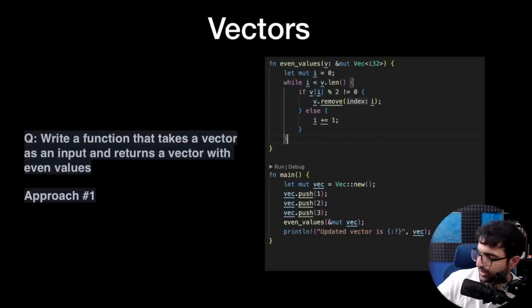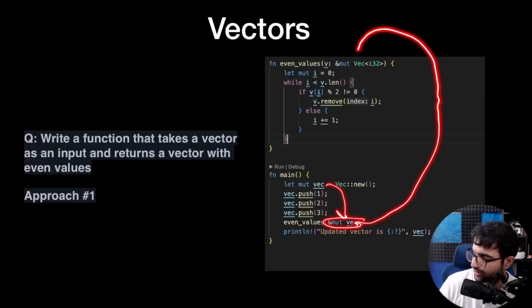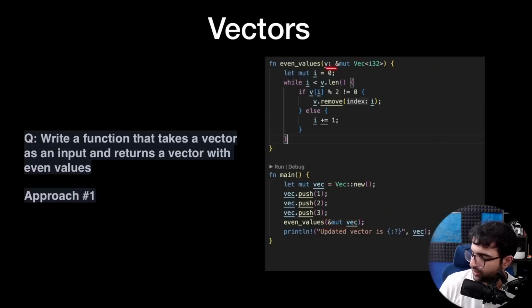Let's look at both of these implementations here. Pretty much the same thing. Define the vector over here, call the even_values function with, firstly, this is the third approach, I pass the original vector inside mutably. I pass in a mutable reference over here. If you look at it, what is the argument over here? It is a mutable reference to vec i32. And I just remove the elements from that specific index that is an odd number. I repeat, anytime there is an odd number,